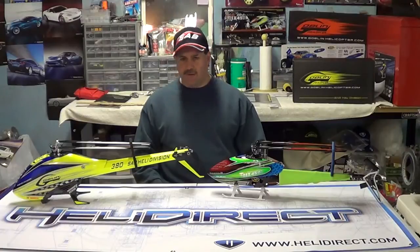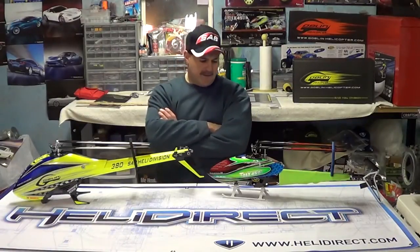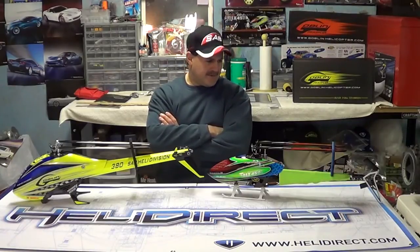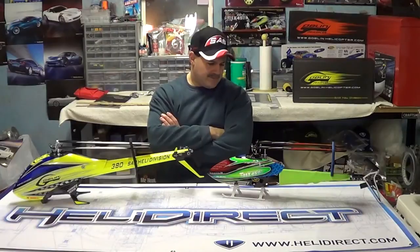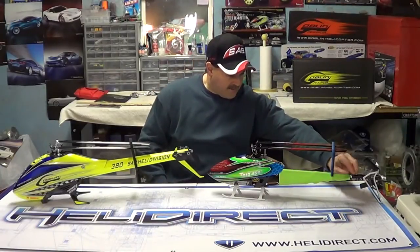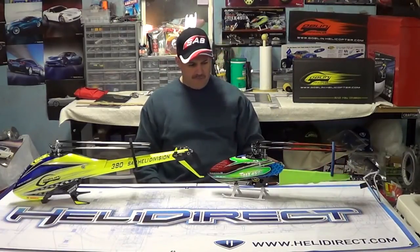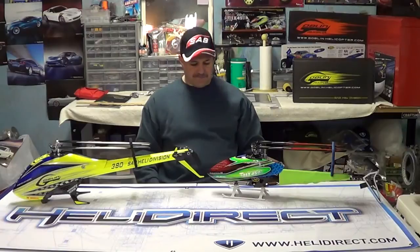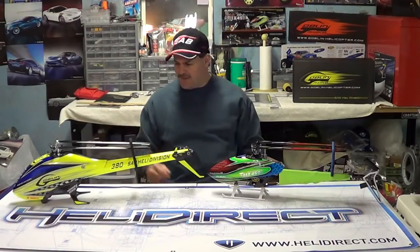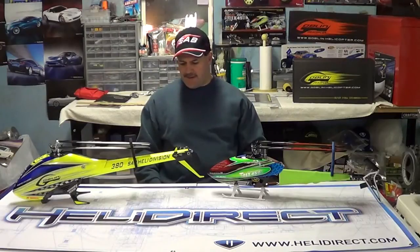As far as the builds, I build both of them, obviously. The T-Rex has a lot more parts, guys. You know, you have the struts, and you have the horizontal fin and the clamps and everything. You have a lot more parts, screws, washers. The Goblin is definitely a simpler helicopter to put together,